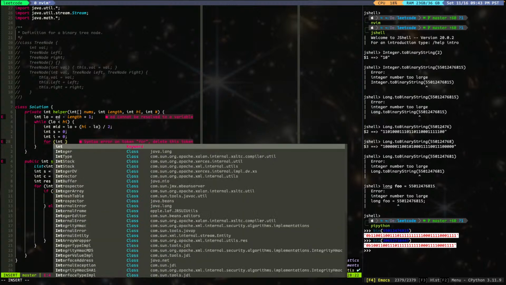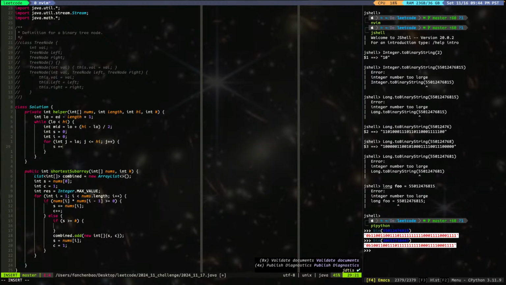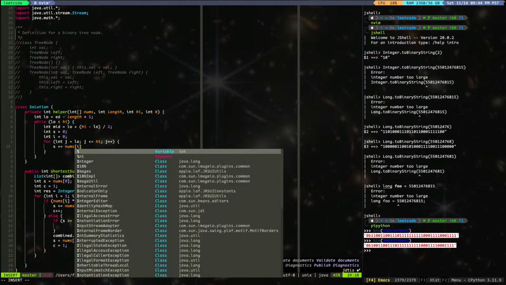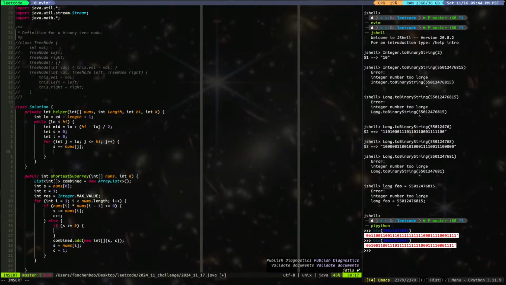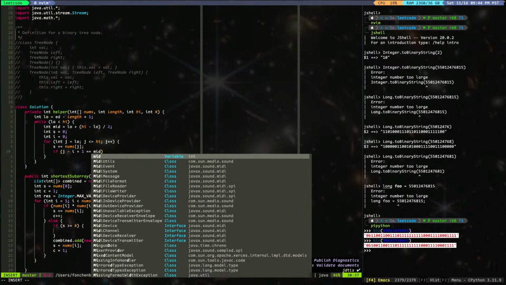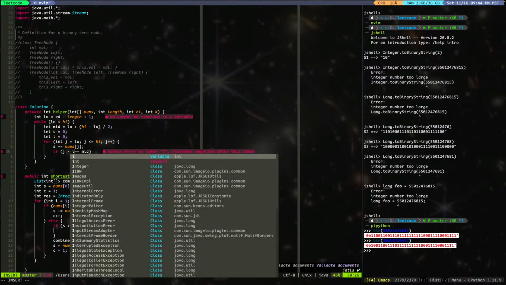For int j equal to low, j smaller or equal to high, j plus plus, s plus equal to nums[j]. Okay, and if j minus i is equal to mid,